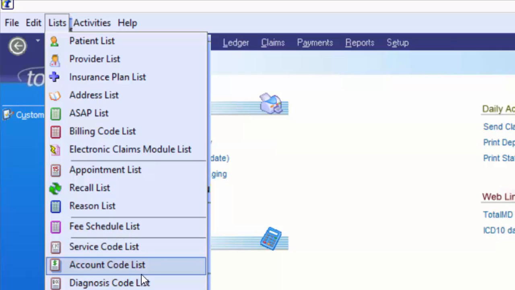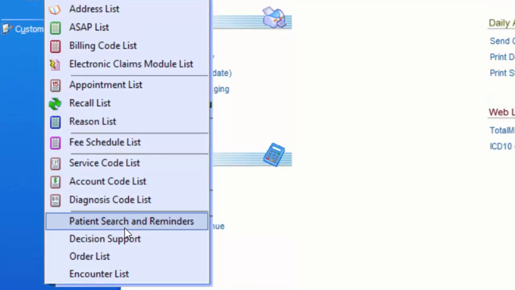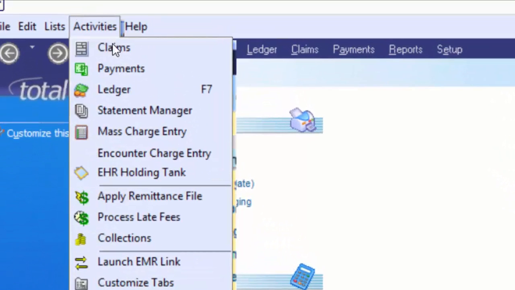Account code list is only going to give you account codes such as adjustments and payments and notes. The diagnosis code list is a listing of all your diagnosis codes. Patient search and reminders, decision support, order list, and encounter list are all EHR items which we'll be covering in a later session. Moving on to the activities menu, if I click the claims button, that takes me to the